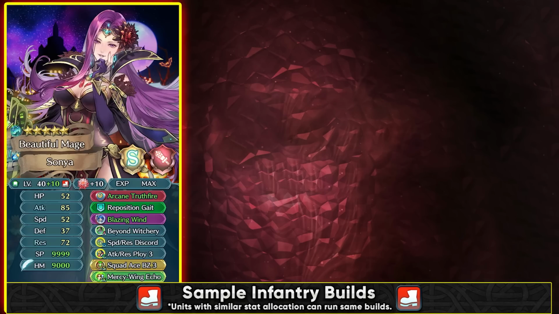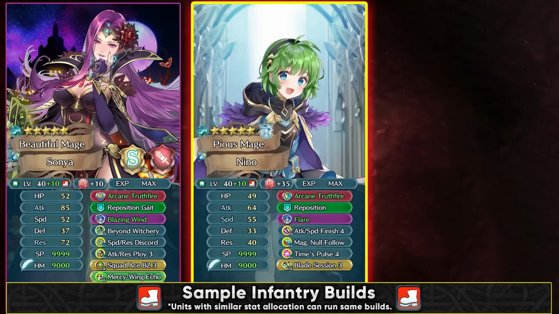So you could actually try and run Mercy Wing Echo so that you could drop in and AoE nuke enemies, and this can actually work out fine in Aether Raid's offense as well. Now, going to the regular green mages that don't have a modern preferred skill, you do have Nino, and you